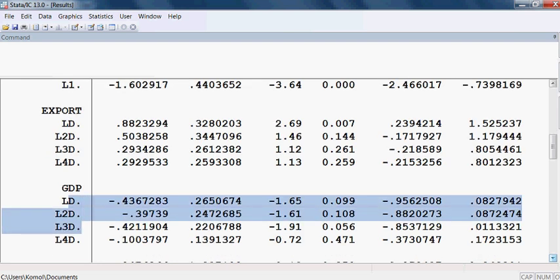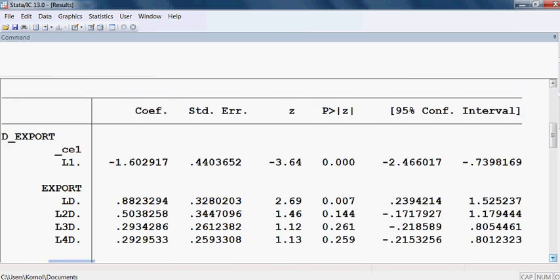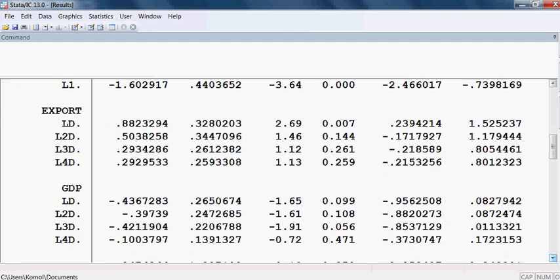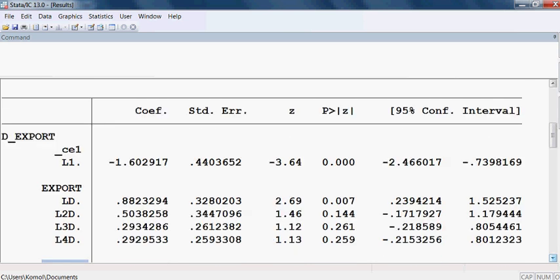Because all these four, lag 1, lag 2, lag 3, lag 4, are jointly 0, right? So GDP cannot cause export,